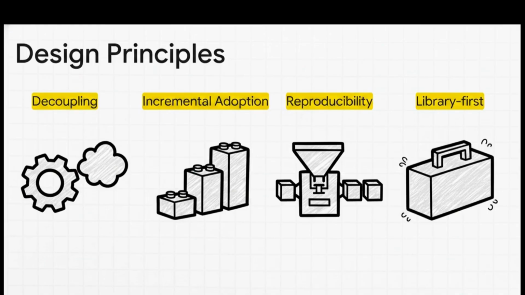First, decoupling. This means your analysis won't break every time you change your application code. Second, incremental adoption. You can start small, get value right away, and add more detail later. No need for a massive rewrite. Third, reproducibility. This is just non-negotiable for serious research. The artifacts are set in stone, so your results are always deterministic. And finally, a library-first design means these tools are super lightweight and can be plugged in anywhere, without locking you